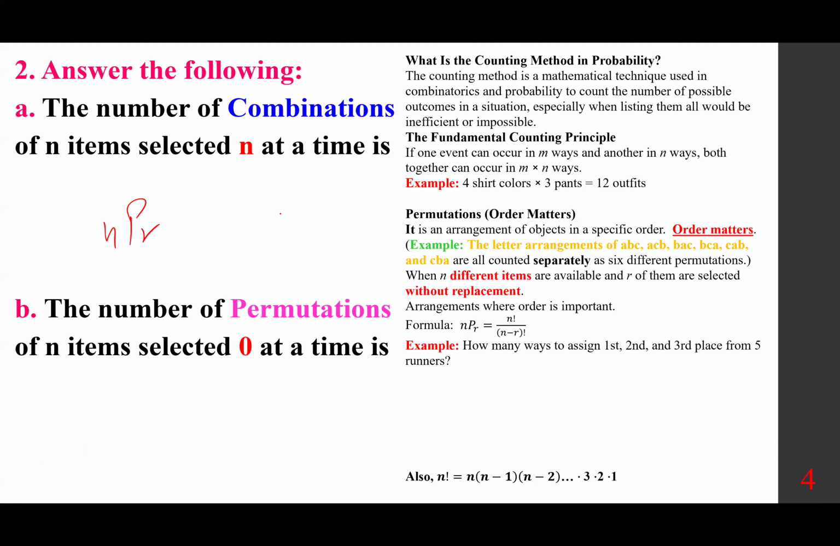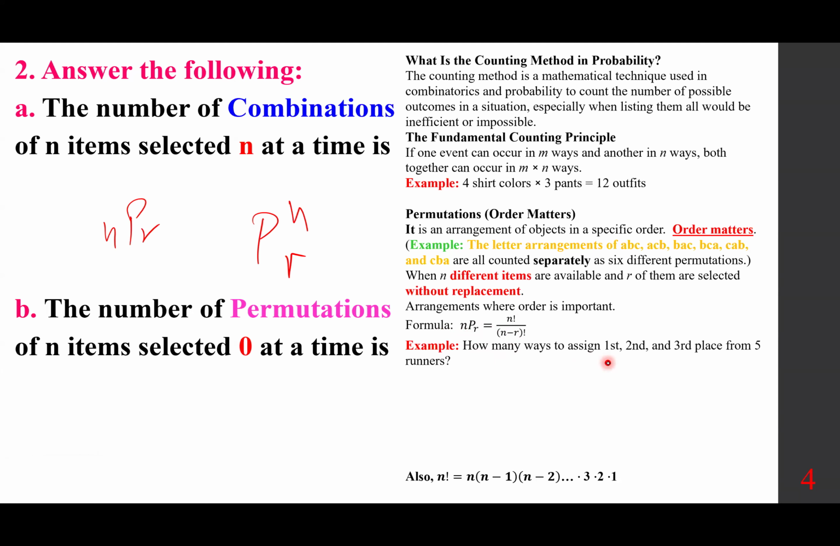By the way, nPr or P(n,r), those are the two ways that we write them. n factorial over n minus r factorial. So, for example, how many ways to assign first, second, and third place from 5 runners? Obviously, order